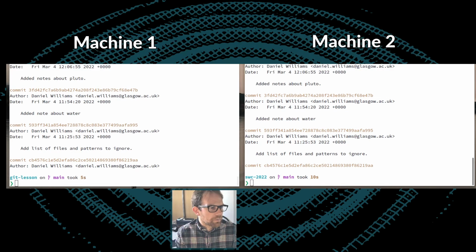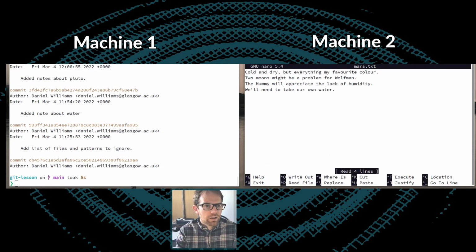Now, say on machine 2 I want to add some extra information. So I run nano mars.txt and I add the line: this line was added just to Wolfman's copy.